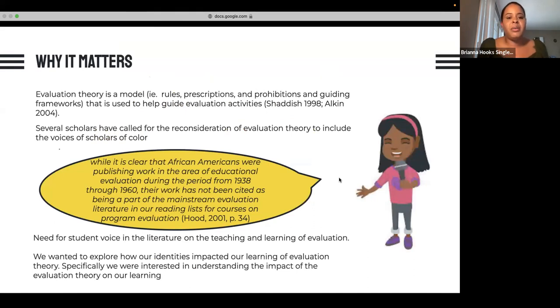So as we know, evaluation theory is considered a model, rules, prescriptions, frameworks that help to guide evaluation activities. When learning evaluation theory, trees are often used to facilitate learning, of which white scholars' contributions are typically overemphasized with limited insights into the contributions of Black and Brown scholars. Hood and Hobson acknowledged the need to reconsider evaluation theory. They explained that while it's clear that African Americans were publishing work, not a lot is known about their contributions